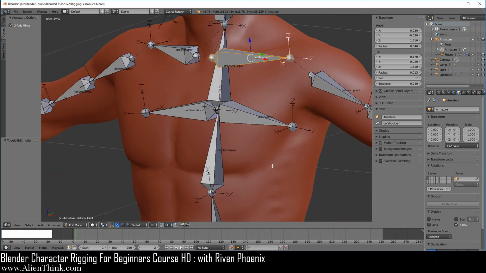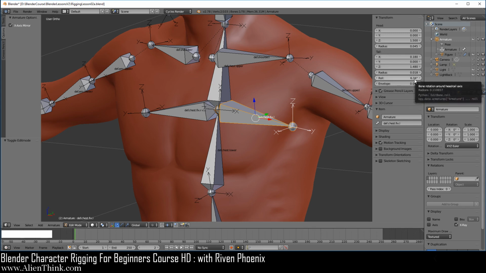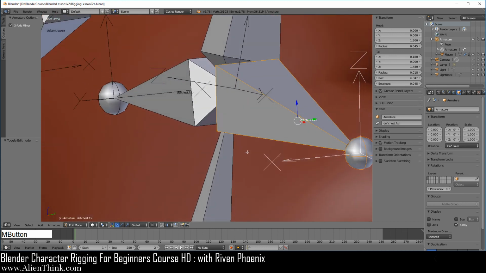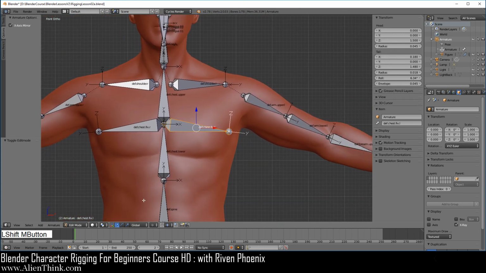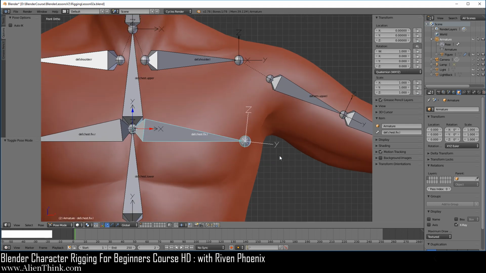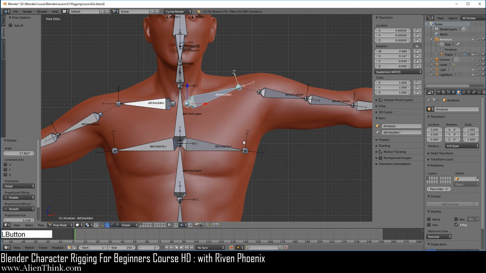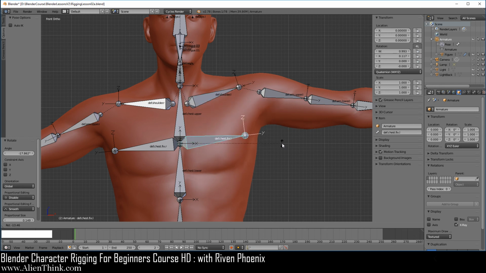Now, just like that fixed bone for the hip, if we click on this bone, we're not going to touch this bone. This bone is going to be used along with the non-deformed bones. You can see that the Z is pointing up. Notice that the roll is a bit different. If we press the 3 key, go over here to close in on it, you can see how the Z is on this bone over here. Okay, so over here, if we switch to pose mode and press the R key, this is rotating around the x-axis, right? Notice that if we click on this, press the R key to move this up, this area is not moving. So if we do this, we can get much more realistic movements, okay?